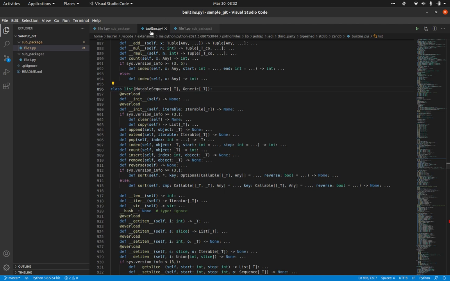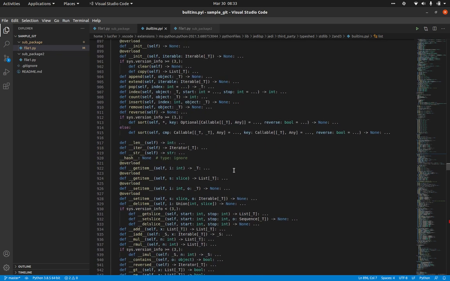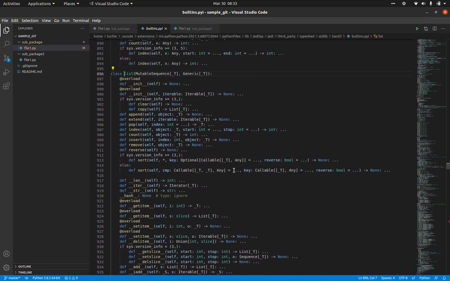These are built-in things. You cannot manipulate these things. If you change even one single line in these files, your Python will crash. You should never change any of these things, but just remember that you can go and see what's exactly happening in them.